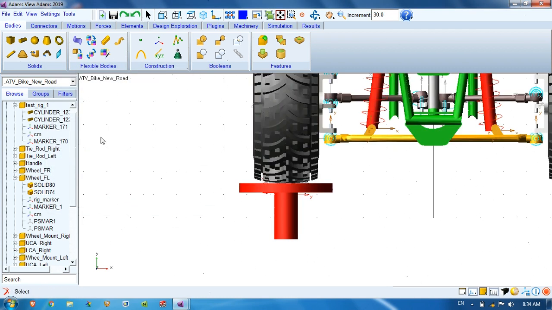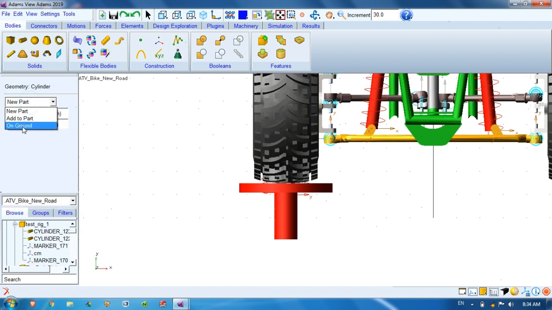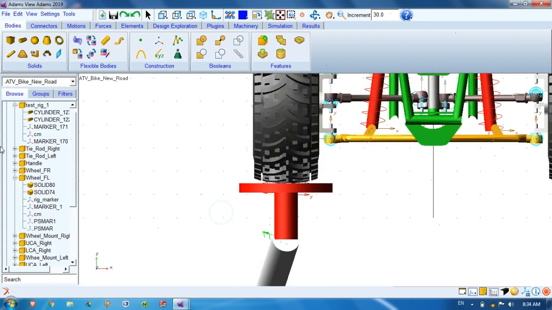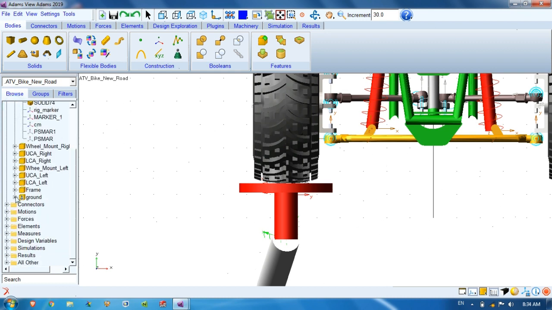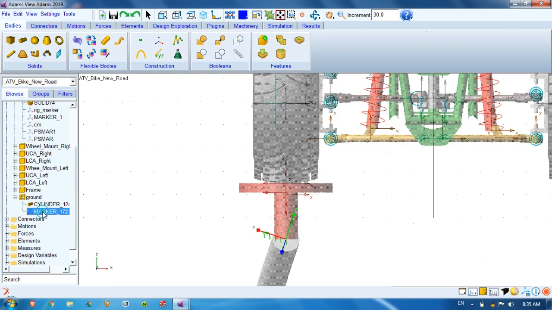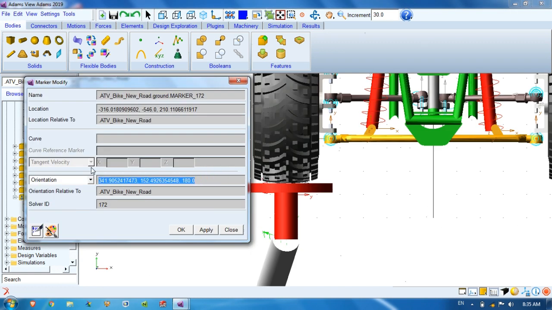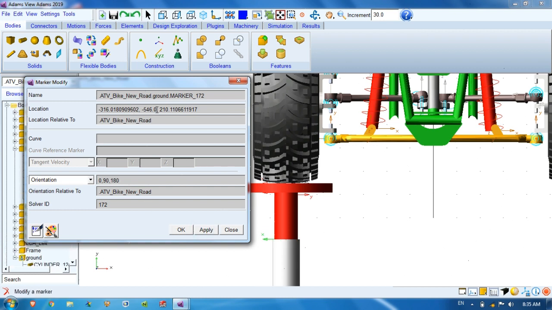Okay, and we'll create one more cylinder which will be on the ground. For location, let's say we'll choose here, and again we will change the orientation. Go to the ground, so the cylinder is appearing here. For marker 172, position or orientation marker, we'll keep 0, 90, 180, and its y position we will keep slightly upper, let's say 500.